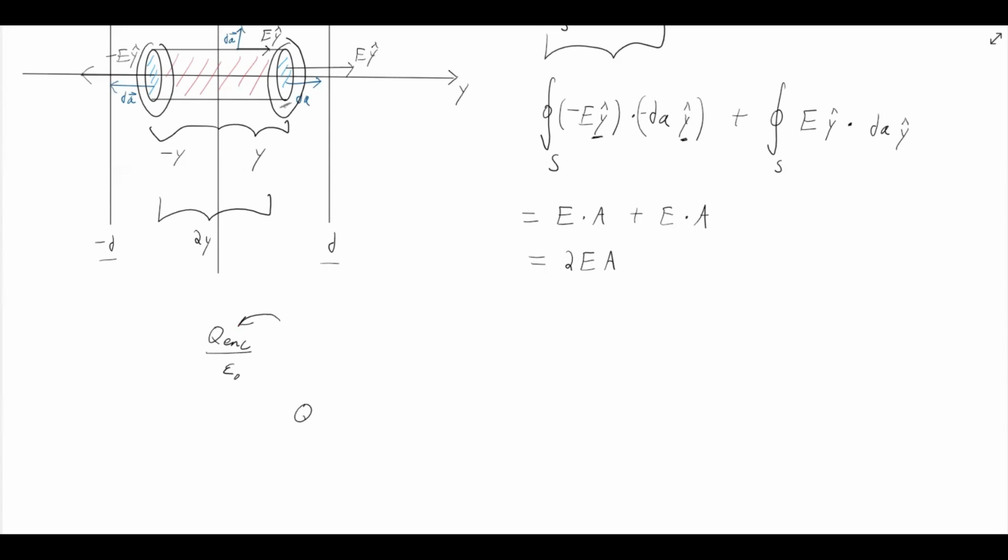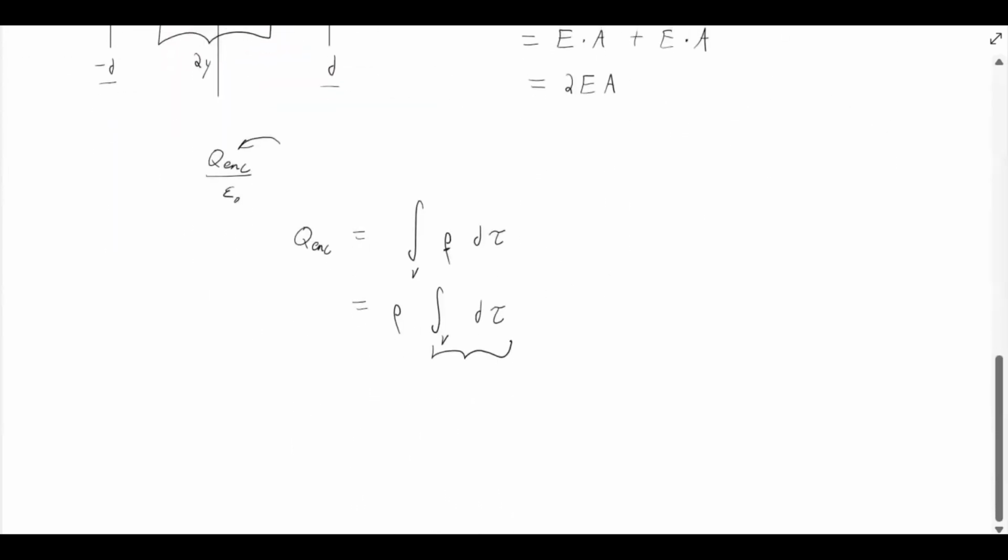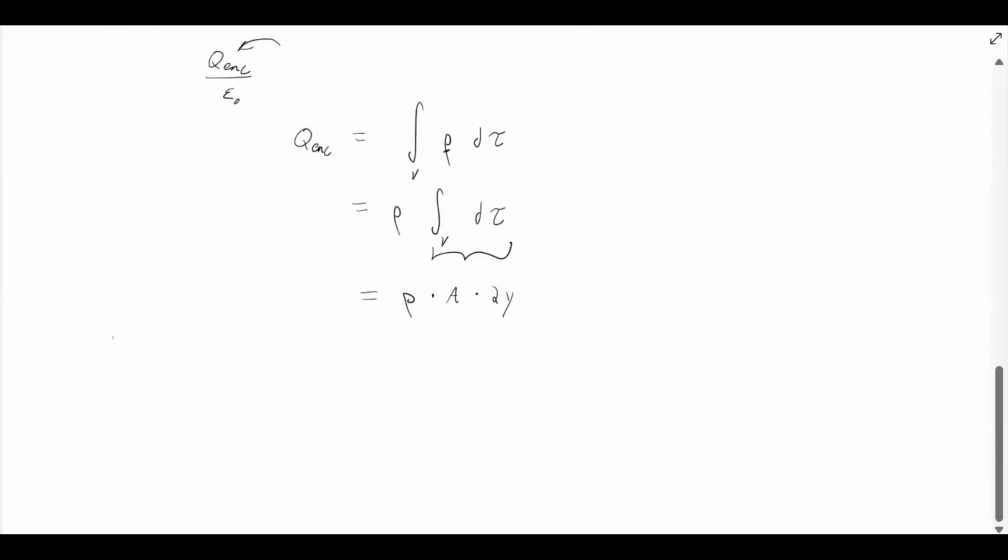And to note, Q enclosed is equal to a volume integral of rho d tau. Since rho is a constant, you can pull it out of the volume integral of d tau, and our volume integral will be over our Gaussian pillbox, which is a cylinder in this case. For a cylinder, the volume is equal to the area of the faces on the left and right times the length of the cylinder, which we noted was 2y. And so putting this all together, we have